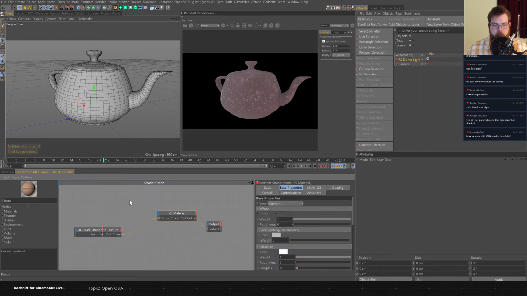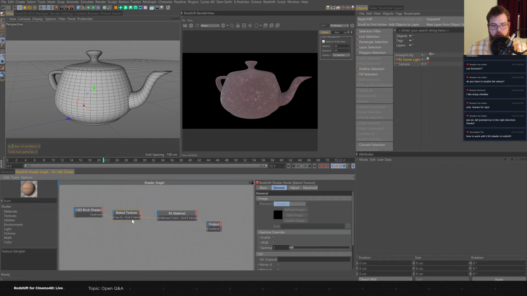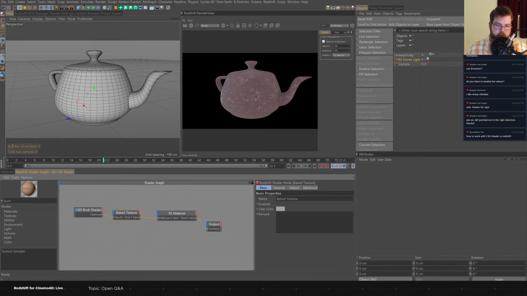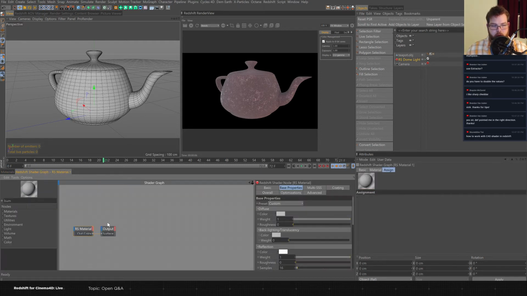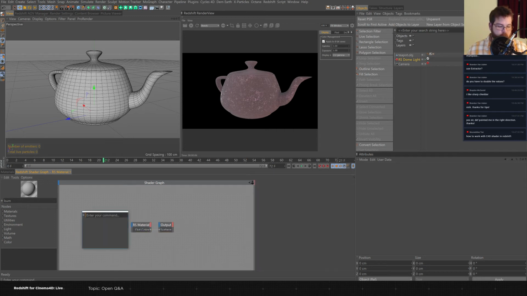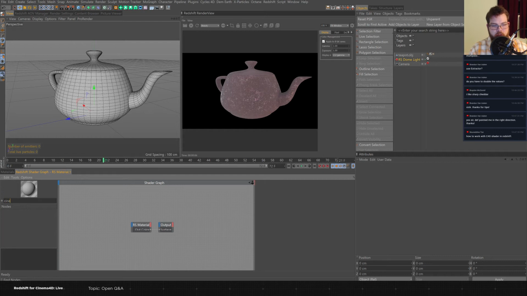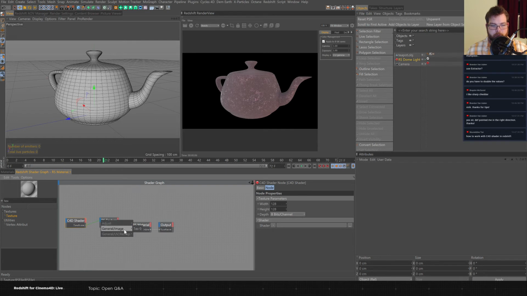And this is kind of oddly named. It says baked texture, but that's actually just a custom name for this. It's just a regular texture. So if you're working in something with a regular material, and you want to use a Cinema 4D shader, you come in here, just do C4D, and you get your shader, and then you have to grab a texture, and it's not a baked texture. They just relabeled that. Go to texture 0. Go in here, add that in, and you can do